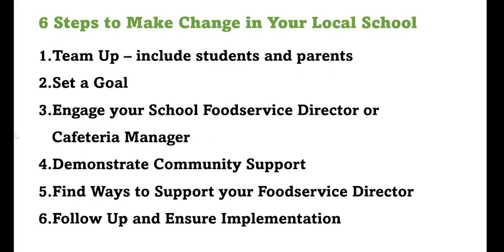So I am going to build on what Emma shared with some ways to take this into action, both in your own community, but also for the greater policy change that we need at the federal level. If you want to change the food in your local school, that's a great place to start. If you have a kid that goes there, a grandchild, a relative, if you're a teacher, if you're involved in the school community, you're really in a good position to work to influence the food that's served